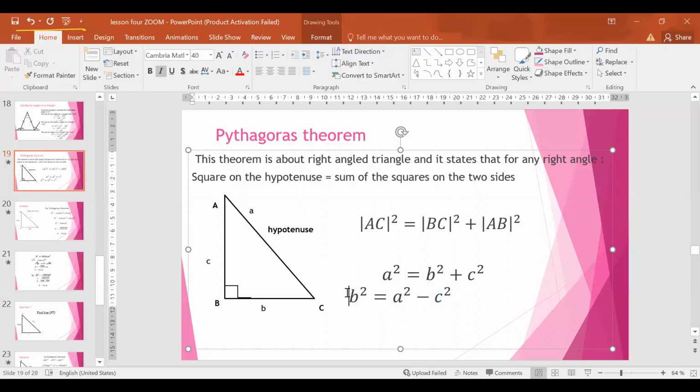Do you get it? Yes, madam. And then if you want to find your C squared too,